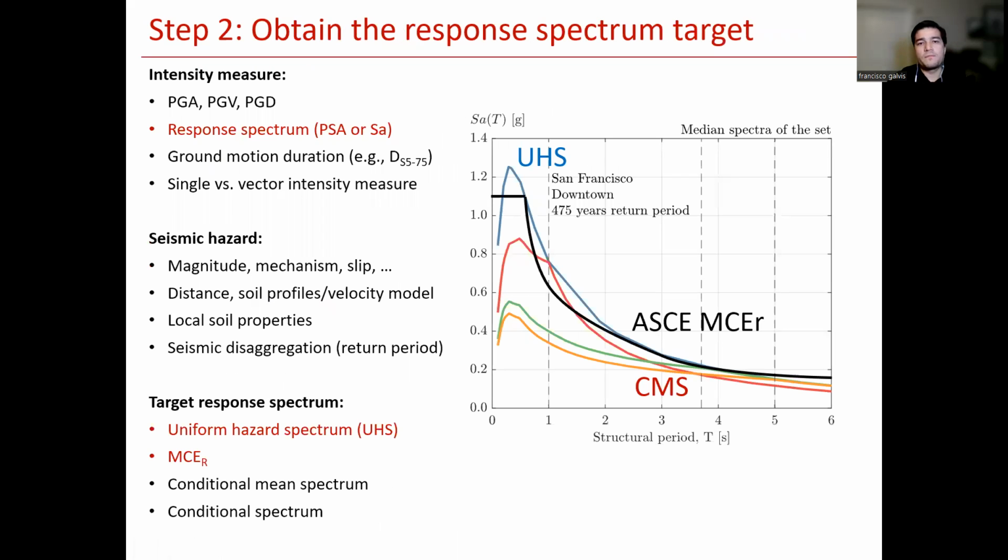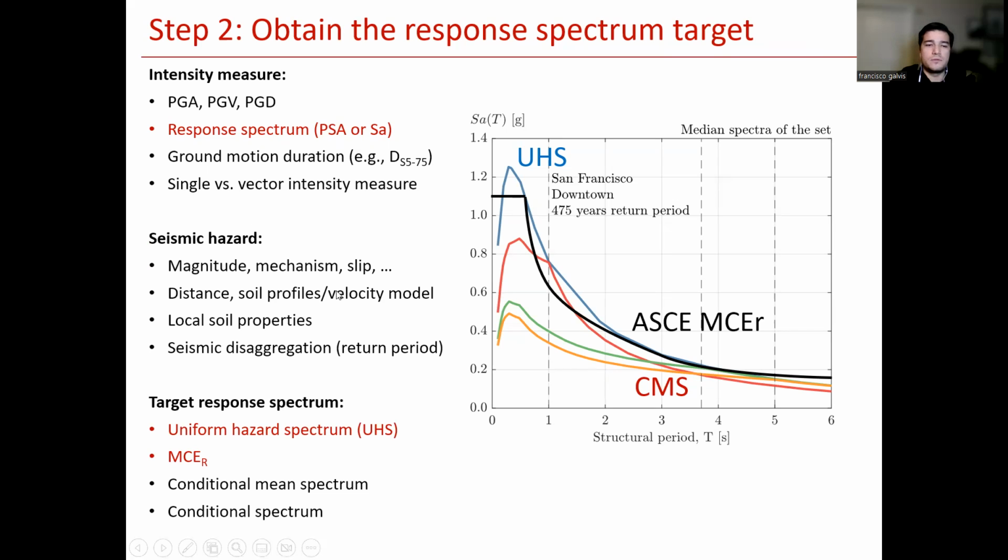So now let's look at step 2. Step 2 is to obtain the response spectrum target, right? What's the response spectrum that you want to analyze your building for? Steps 2 and 3 especially are both a really big area of active research. At this point, you have many options to choose from. What's your target response spectrum? And that's why those guidelines for engineering practice are important, because they set what the target should be